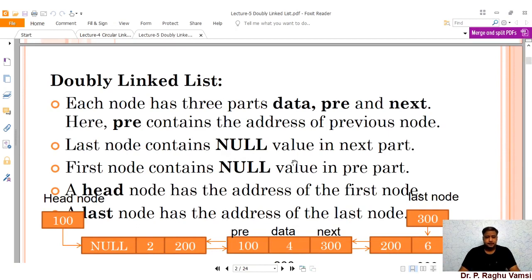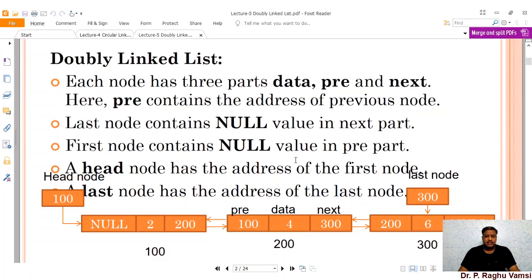So in the double linked list, in addition to the single linked list node structure, we are going to add an additional pointer called the previous pointer. So each node has three parts: data, previous, and next. This previous contains the address of the previous node, whereas in the single linked list, the next pointer points to the address of the next node.